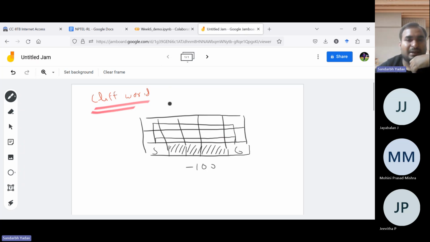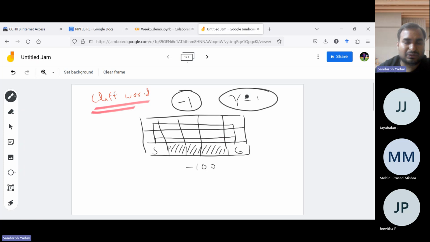Also, one point to note is that for all other transitions we were getting a reward of -1. There is a reason why -1 is used, because -1 forces the agent to move to the goal state as quickly as possible. So if we are using a -1 kind of reward, then we can use our discount factor as 1 also. If we were using some positive kind of reward, then we would actually need this gamma to be less than 1.